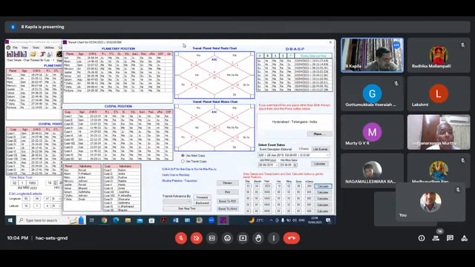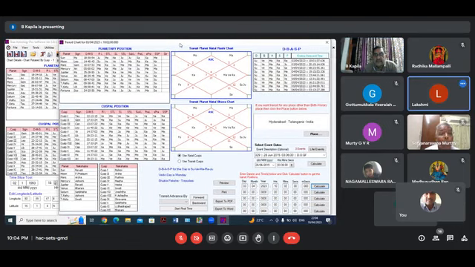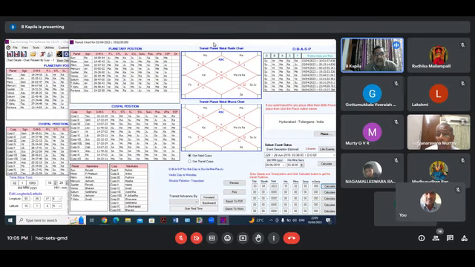हाँ जी, कोई डाउट है? किसी को कोई डाउट? Yes sir. ये किसी का माइक्रोफोन ऑन है, प्लीज स्विच ऑफ योर माइक्रोफोन। भाई, किसी का माइक्रोफोन ऑन है, इसको स्विच ऑफ कर दो। थैंक यू।